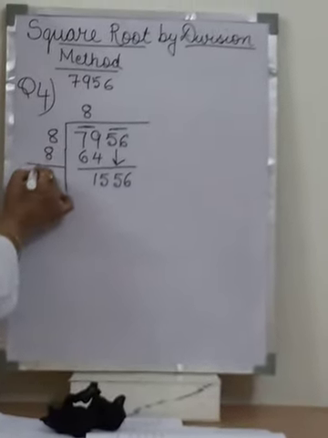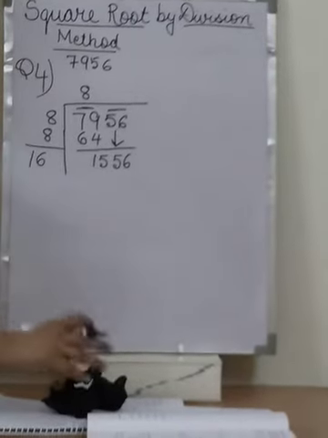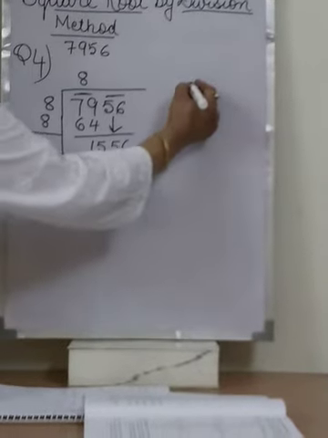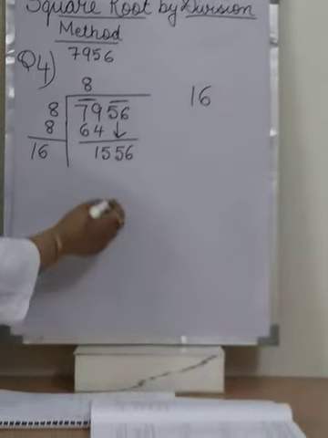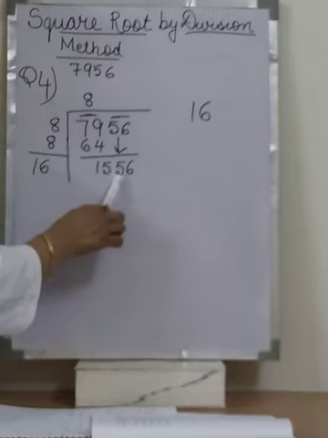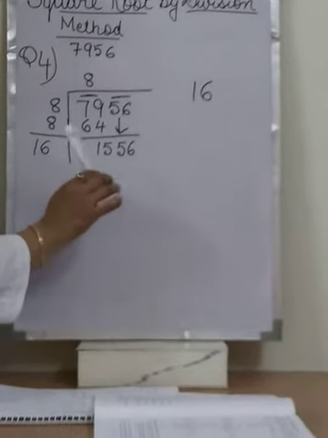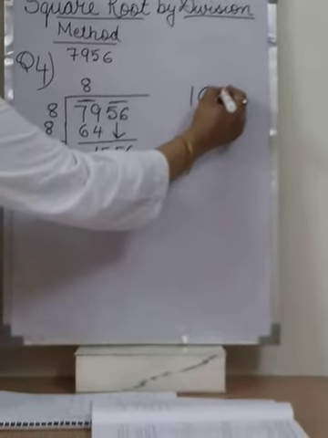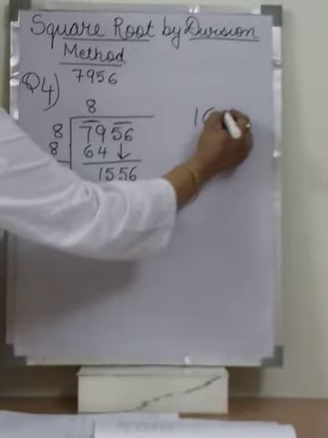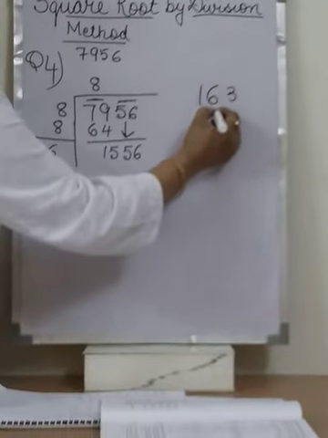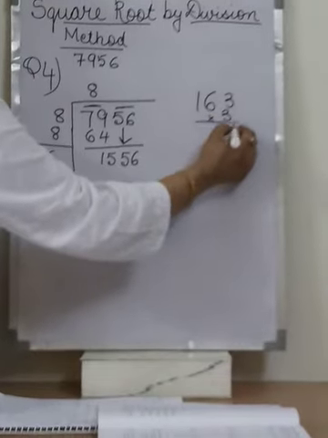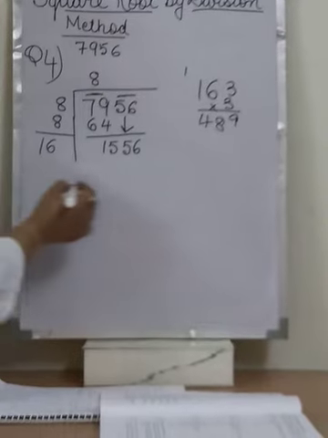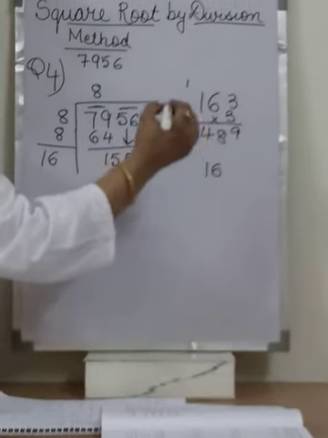So what you will get? 16. Okay. Now, what we are looking for, we have to place a number in front of 16 so you get the nearest number to it. Okay children, it's not a perfect square number, so we will not get it exactly. If I write 3 here, 3 3s is 9, 6 3s are 18, 3 1s are 3 and 4. It is 489. That is too small. So we have to proceed with a bigger number.